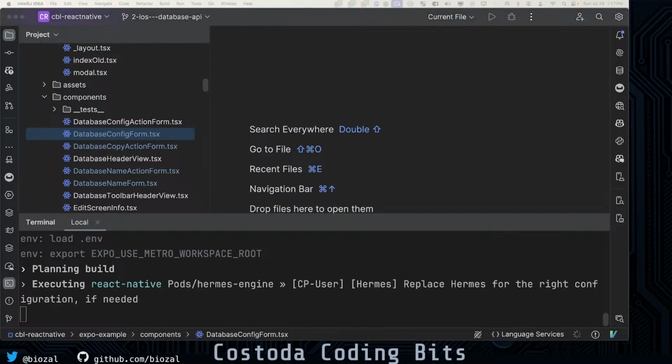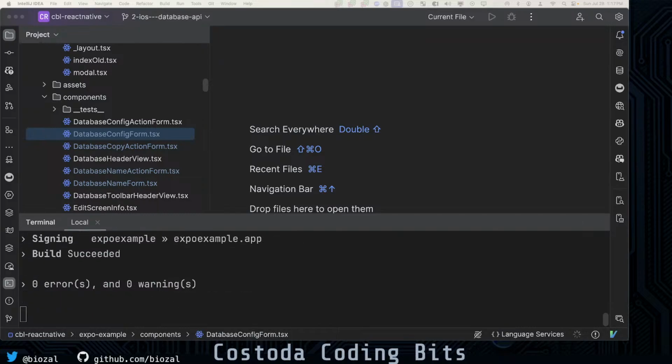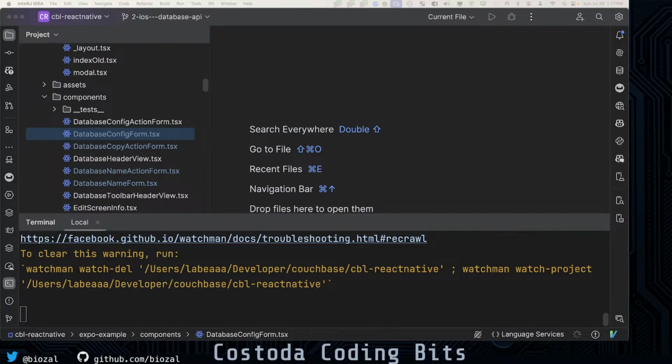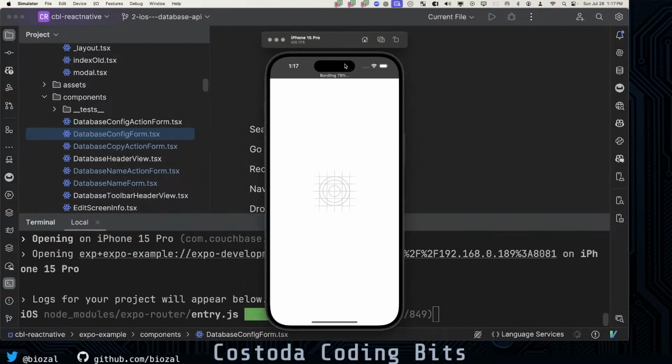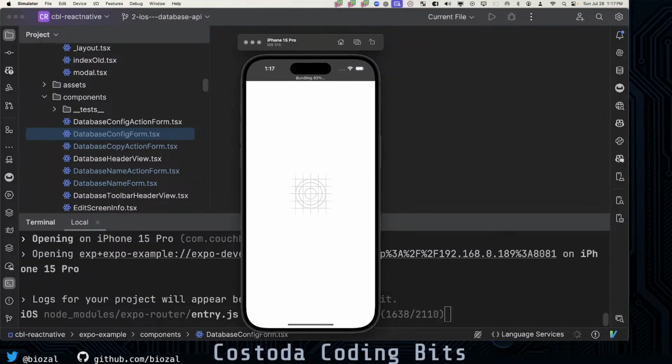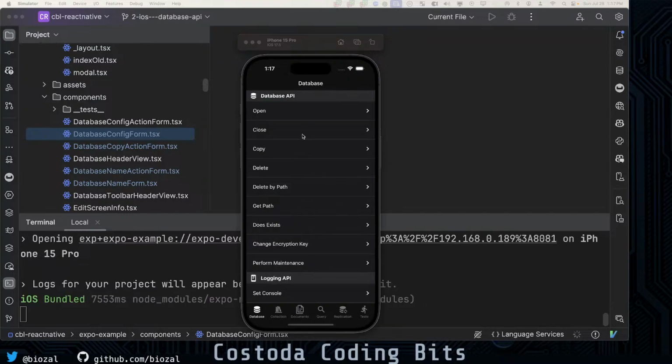If you haven't watched the previous streams, I am building a React Native module with Couchbase Lite, so that's what it's gonna be for. I'm building it in React Native, and I'm using Expo as my example app. Expo has some interesting properties, in that I think it provides a better debug experience, and as I've explained in other videos, I guess I can throw it up again. Just a reminder that,